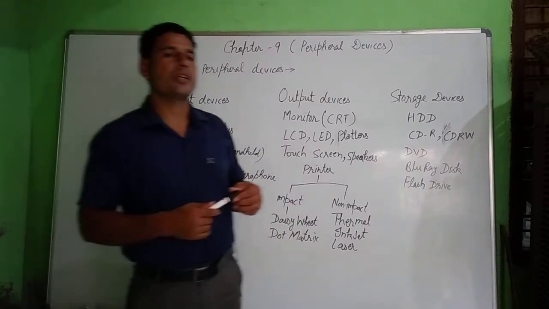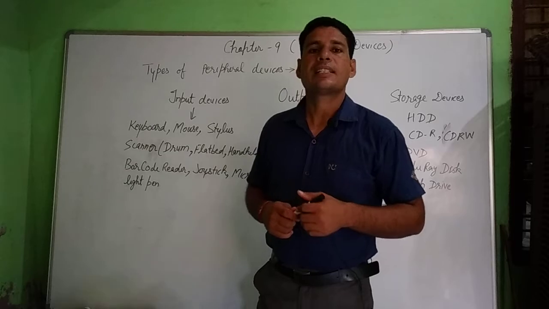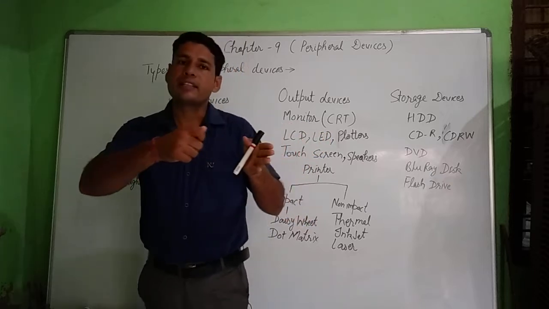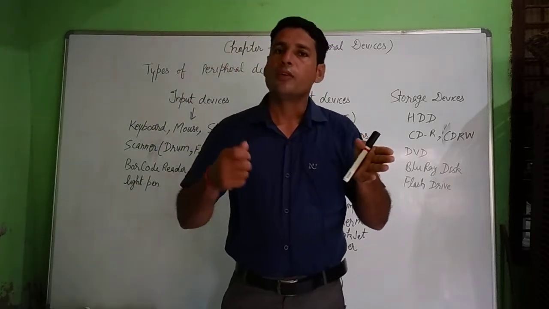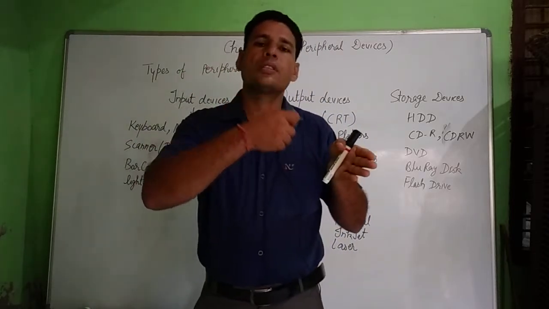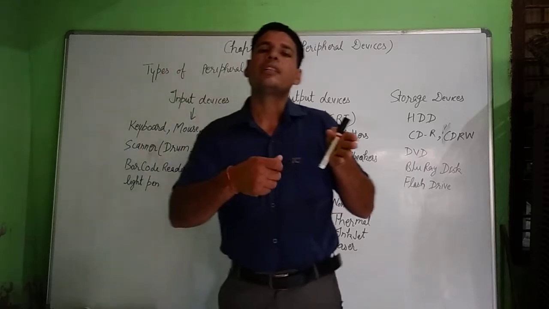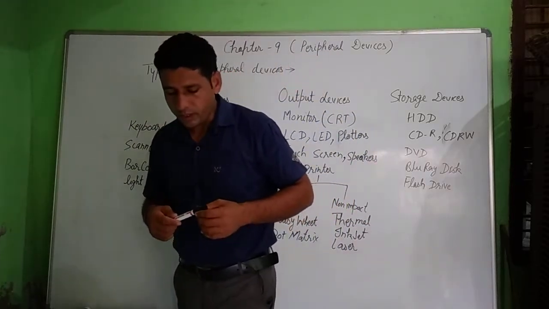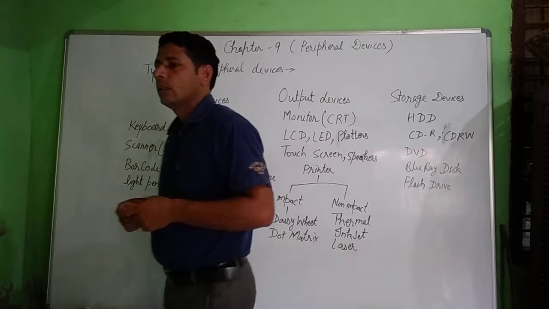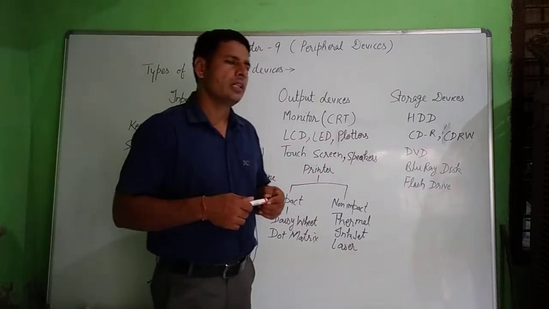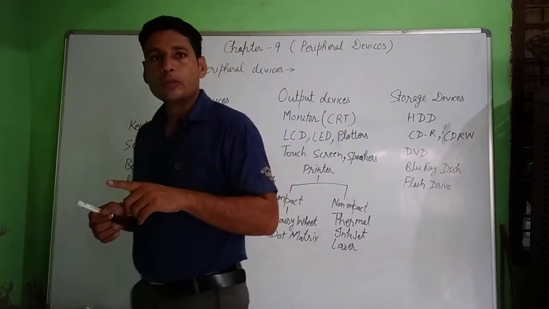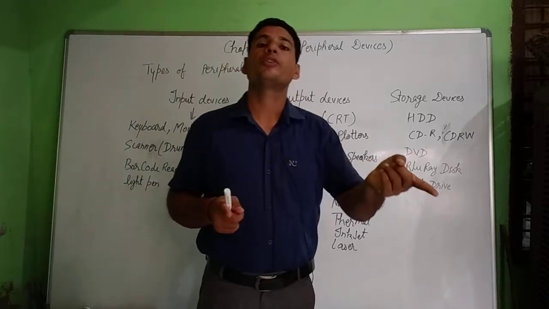Handheld scanners are those scanners by which we can scan text or images by moving the scanner over the page. It means we can hold these scanners in our hand and move them over the page and scan the images. These are the scanners. Next is the barcode reader. A barcode reader is like a handheld scanner. They scan the barcode from the products which we buy from the shops.